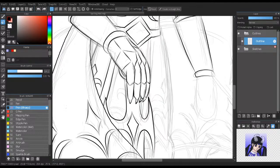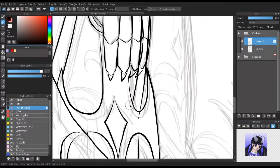Oh, wait. I didn't make another layer. There we go. So that needs to be... There we go. And then just erase all these little...